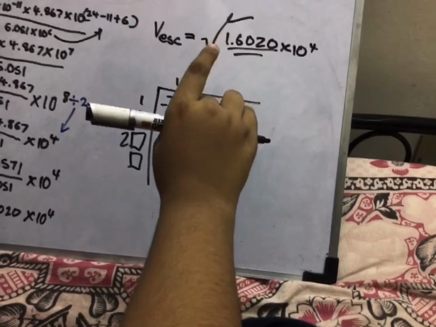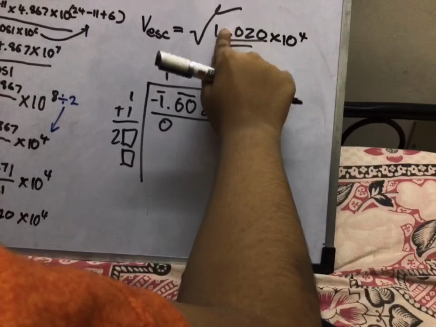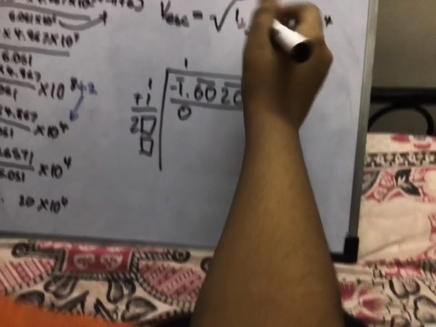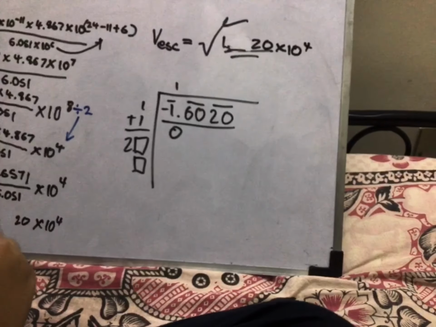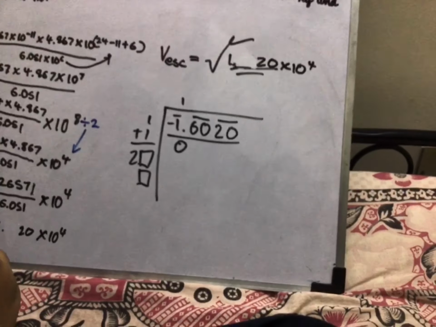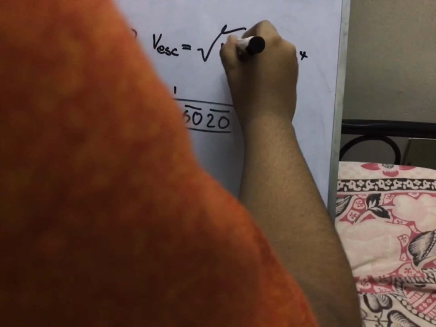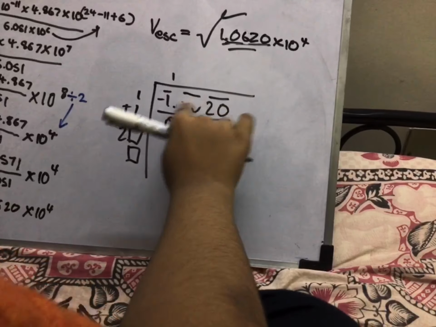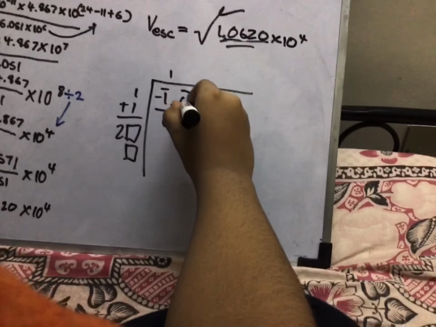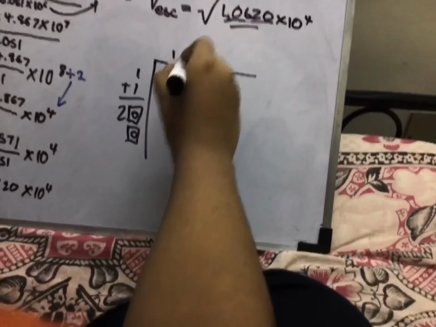Oh, I have made a little mistake here, because 6.426571 divided by 6.051 is 1.0620. I am really sorry, I have mistaken it there. So now if we change this, it's 006, and we know that it can't be done, so it is 0 itself